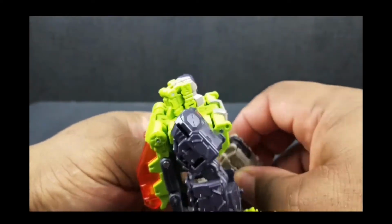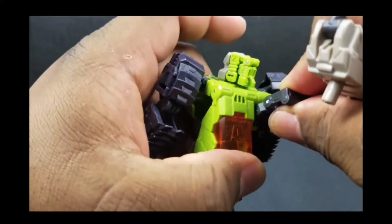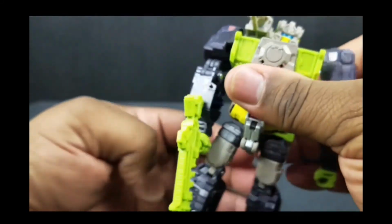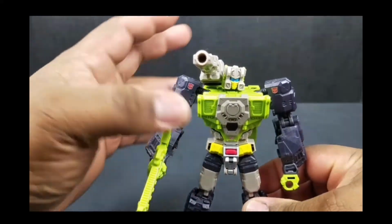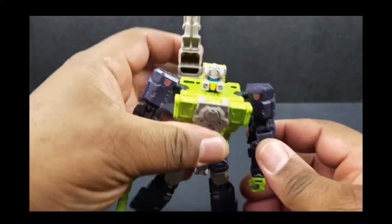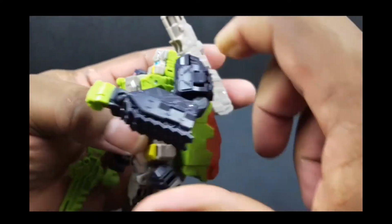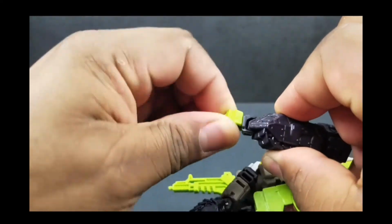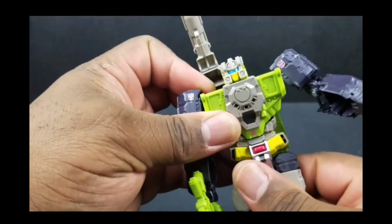But that's not usually how I display them, so I'll go back to my regular hardhead traditional G1 look. And yeah, looks really good. As far as articulation's concerned, head's on a ball joint, so you'll get a full 360. Arms are also on a ball joint, give you a full 360. You got a little bit 90 degrees, wrist swivel, a little bit of inward motion due to transformation,